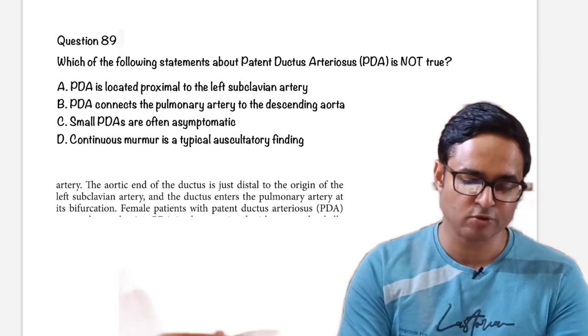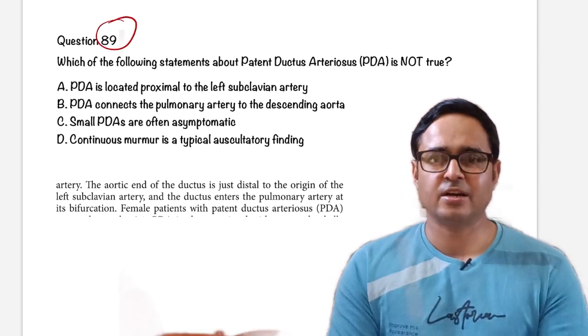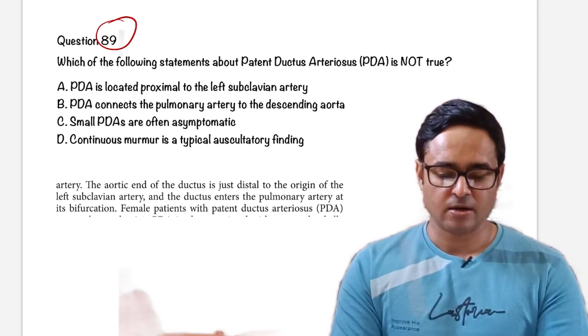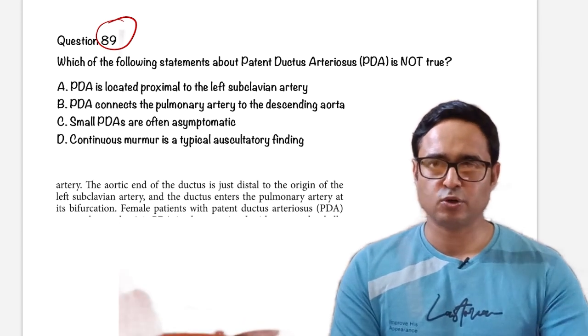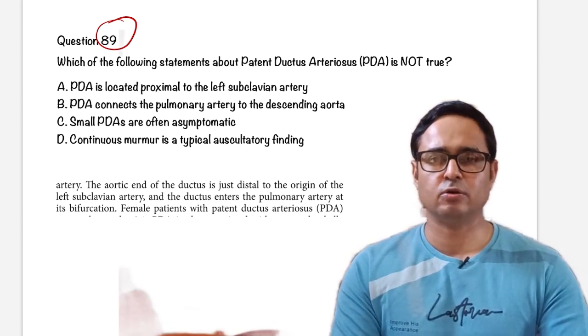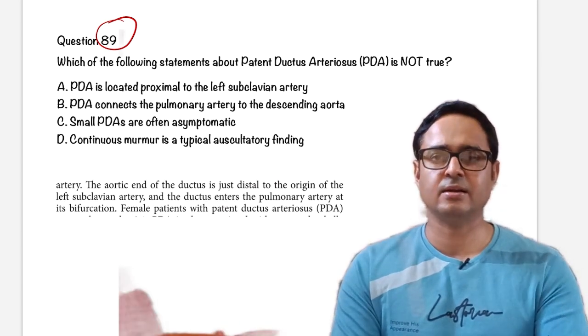Again, to remind you all, we are discussing the NEET SS pediatric recall of the recently conducted 2025 examination. Any suggestions from your side, or anything you want to convey to me, or any question you want corrected, or if you find an option is not correct or a question is not exactly recalled, please